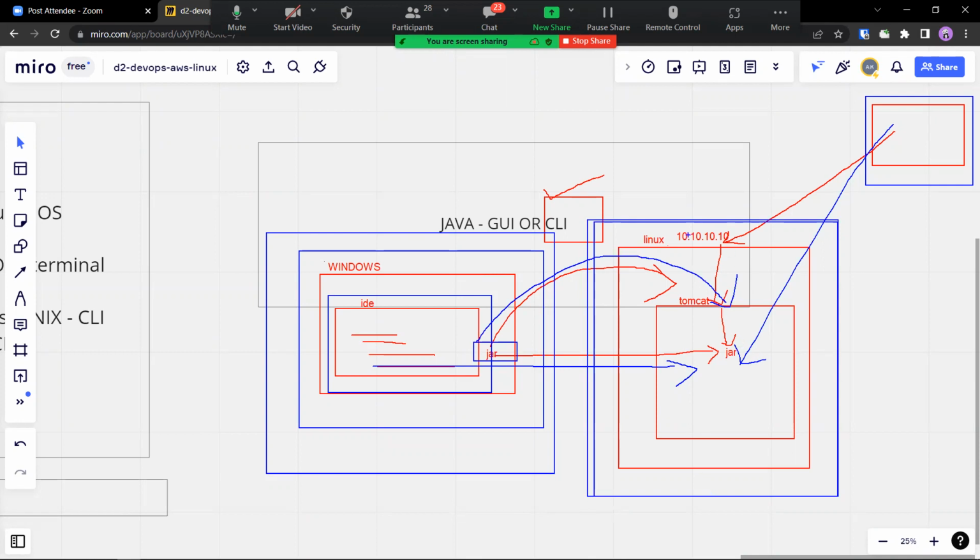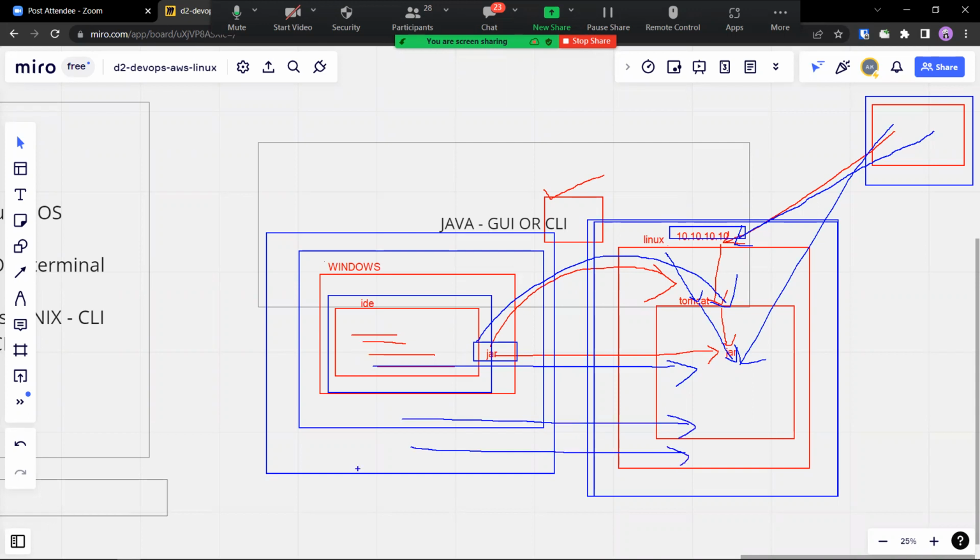This Linux server will be accessed by an external user, somebody sitting in some other place, using the IP address. Then the Linux server sends the request to the Tomcat server, which gives a page from your jar.